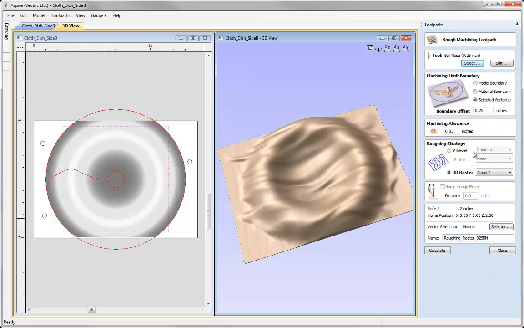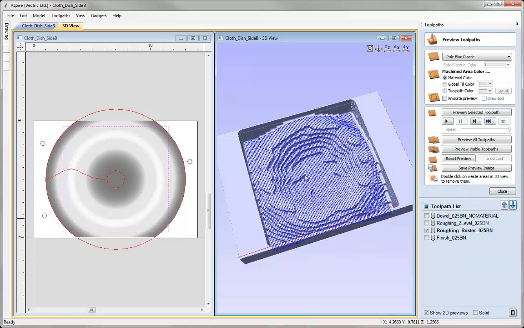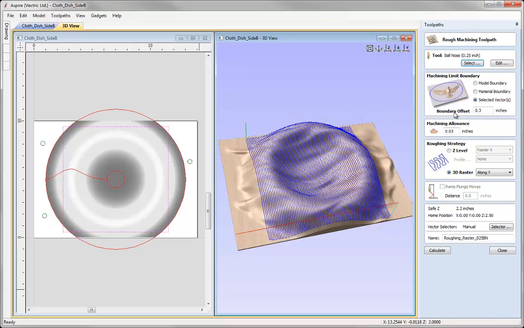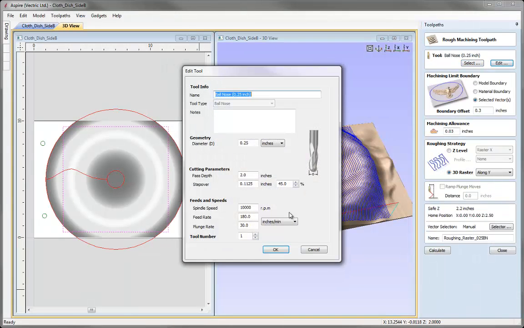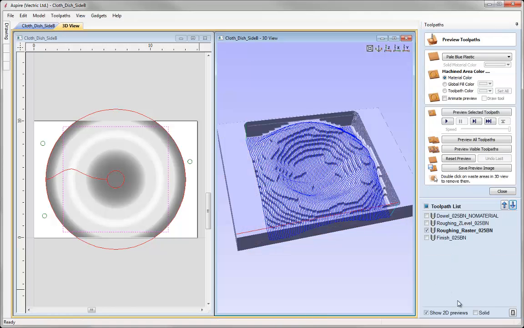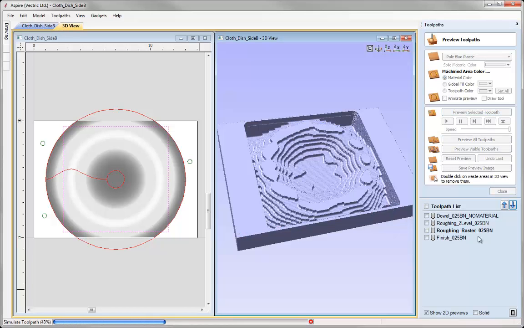Next, I'm going to take the raster rough. Again, we might just want to extend the boundary vector offset a little there. I hit the enter button by accident there, so it's already recalculated the toolpath, but all the other parameters should be the same. Let's just double click on it to check. So we've got our same ball nose tool with a large step over, selected vector, 0.3 of an inch, 0.03 machining allowance, and then rastering along the Y in this case,